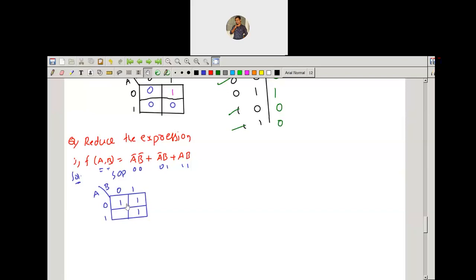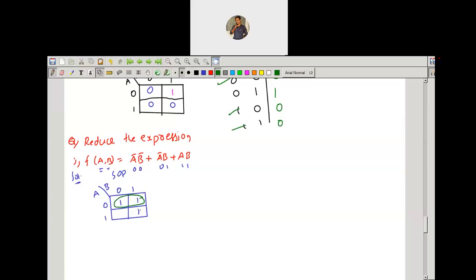Please try to carefully observe the allocation of the minterms. How many cells are occupied by the minterms? Only 3 cells are occupied by minterms, but you should not group the 3 cells. We have to group only 1 cell, 2 cells, 4 cells, like that. Okay, well done. So here we can group a maximum of 2 cells. If all four cells were minterms, then you could go for 4 cells, but they are not.